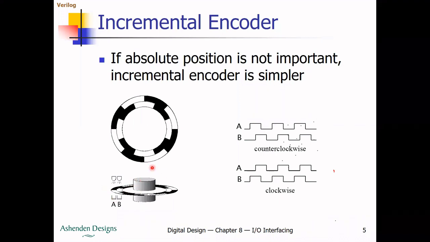When you vary the knob, the content will be transformed as per the 1 to ABC. So with clockwise rotation, A and B values will be varied. In the same way, with counter clockwise rotation, the values will be like this. You can capture the same way with anti-clockwise. Okay, so if absolute position is not important, incrementing the encoder is very simple. So you can keep incrementing the encoder.